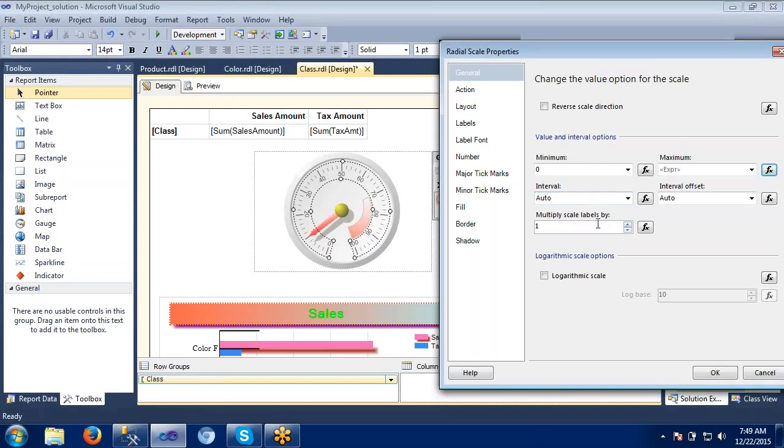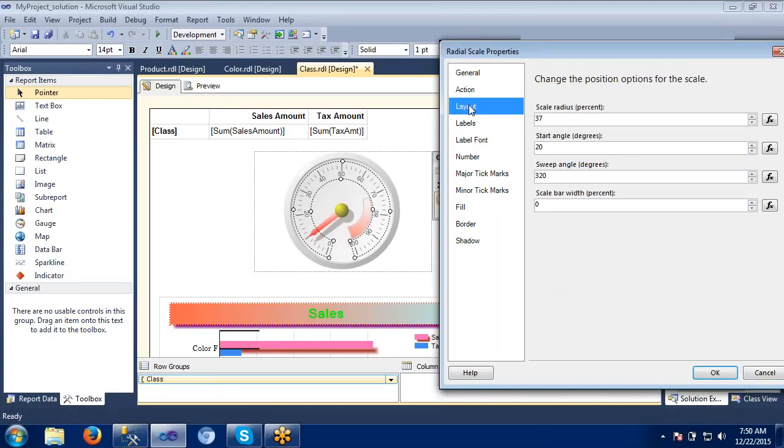So multiply scale by 1 here. It is showing 100, tens, right? If I give some value, see this one, it is changing the multiples. So if I give 100, it will be multiples of 100. Okay. Generally, if you don't want, we make this a logarithmic scale, which means it will be displayed like this. Logarithmic systems, actually. Generally, we don't use this one, but these are the values we can specify. We can set zero value to maximum value here, right?